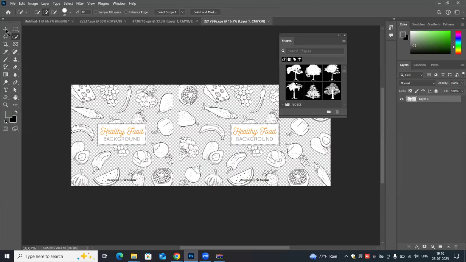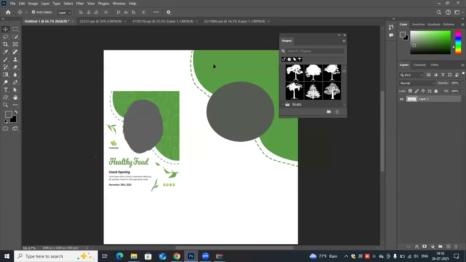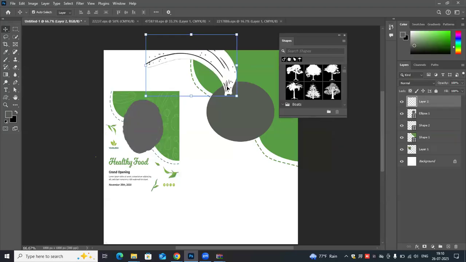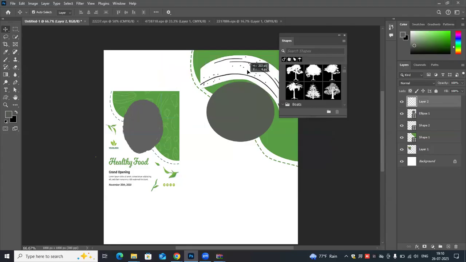Go to the move tool, select this. I came over here. Okay, now here, one second. Yeah, so this color I want